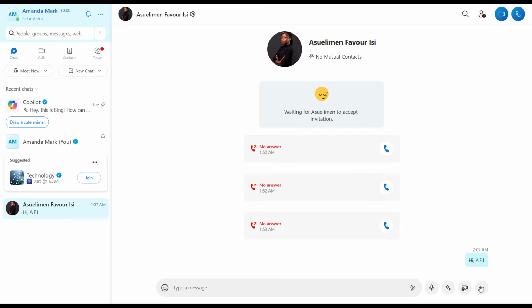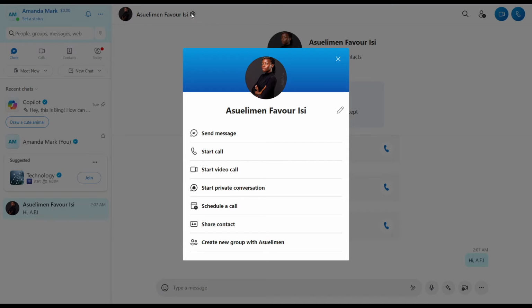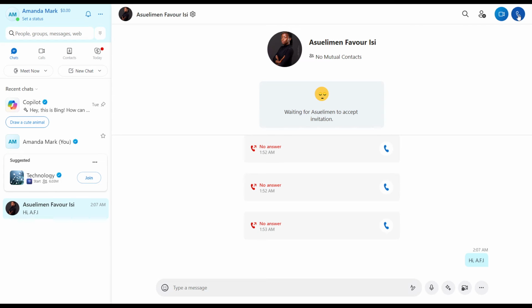And if you head over to this three dots menu at the bottom right corner of your screen, you also get to see an option to schedule a call, if you want to schedule a call. Okay, so from here to start a call, or just head straight to this voice call icon here to start your call. So I'm just going to click on that,